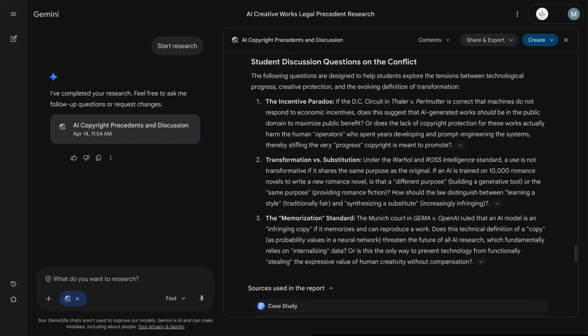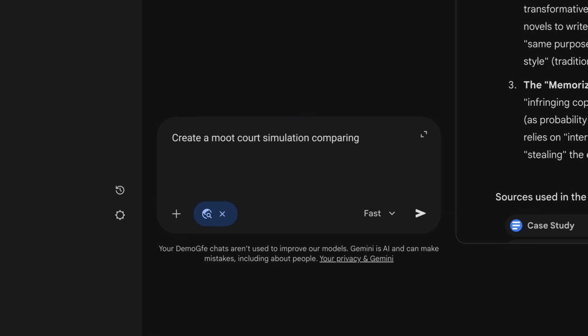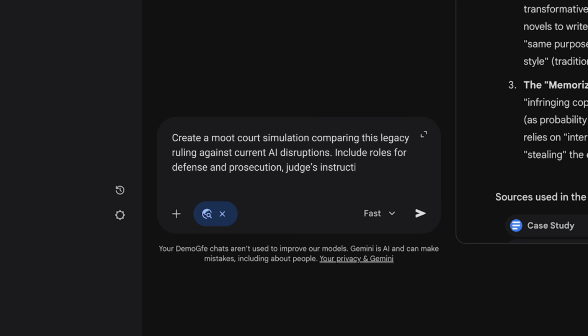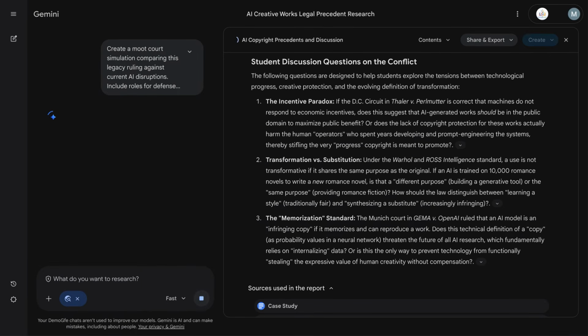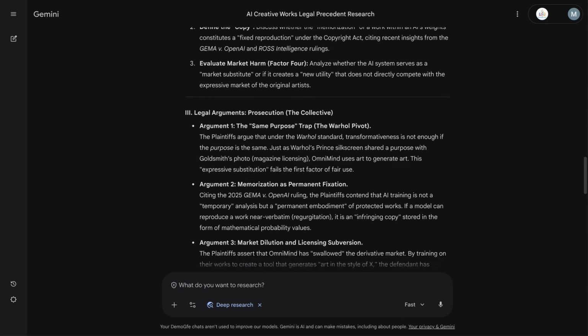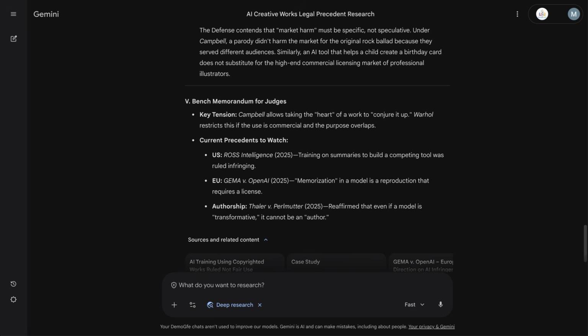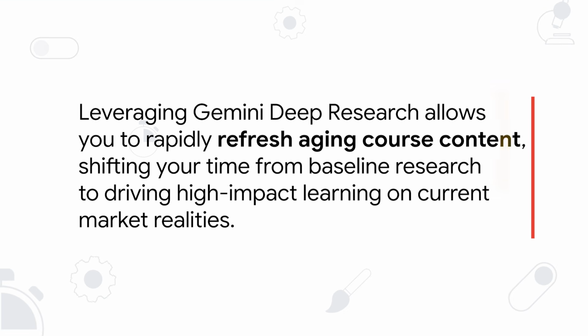To extend this idea, why not ask Gemini to create a moot court simulation comparing this legacy ruling against current AI disruptions, include roles for defense and prosecution, judges' instructions, and 3 modern legal arguments for each side. This prompt produces a detailed simulation, including specific modern legal arguments, witness roles, and judges' instructions based on the latest regulatory findings. Leveraging Gemini Deep Research allows you to rapidly refresh aging course content, shifting your time from baseline research